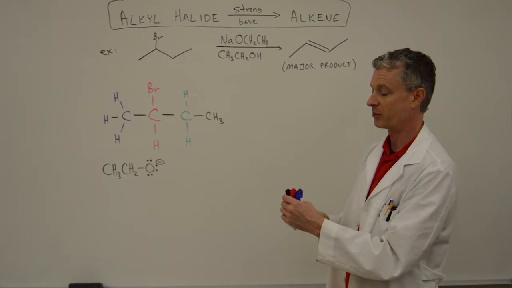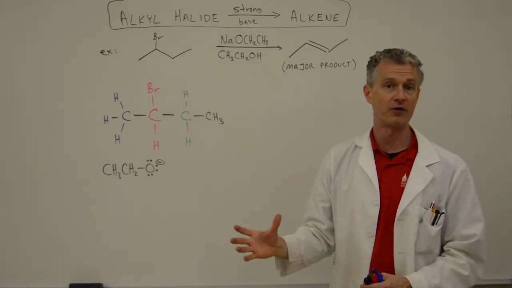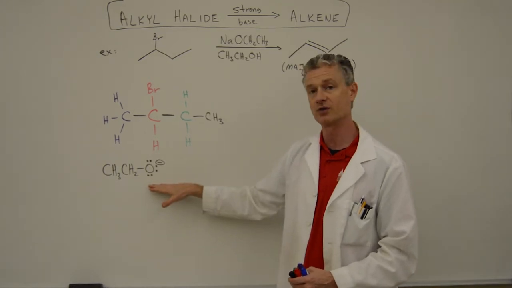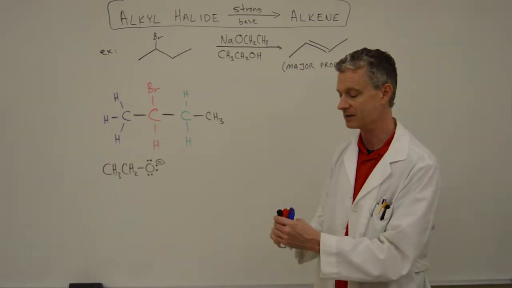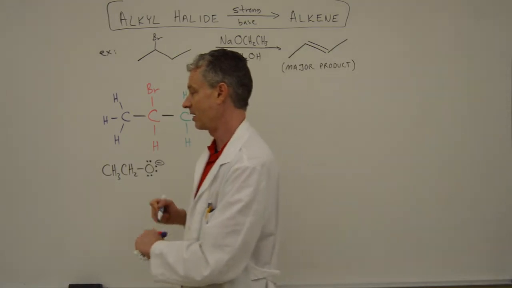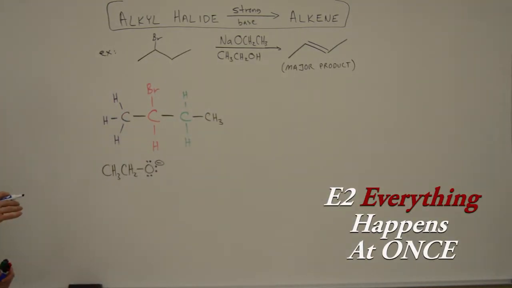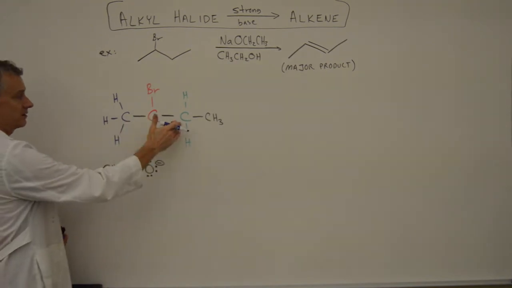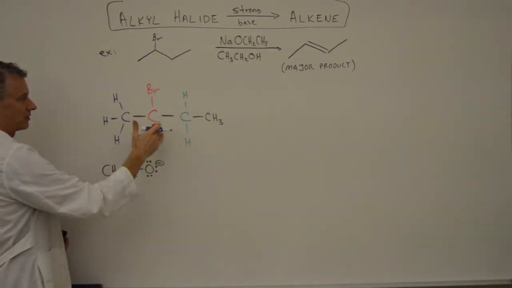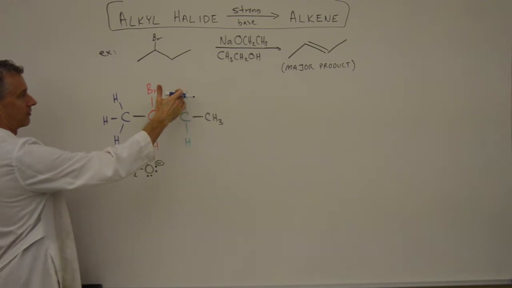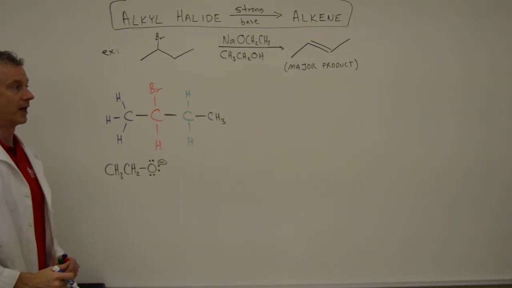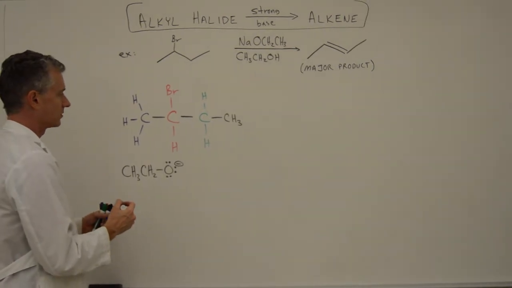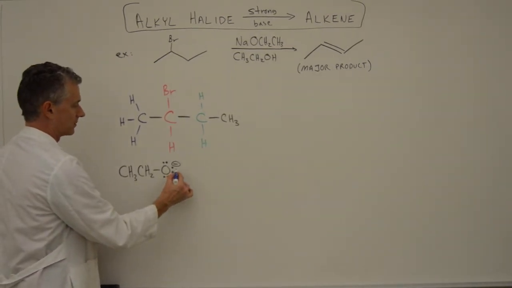When we do this as a mechanism, it will always follow the E2 mechanism. And anytime we're using a strong base, that's going to be the case. And in this case, in the E2 mechanism, everything happens at once. So we consider our two choices, either one of the purple hydrogens on the left or one of the green hydrogens on the right. Notice that if we choose one of the green hydrogens, and we'll go through that mechanism,